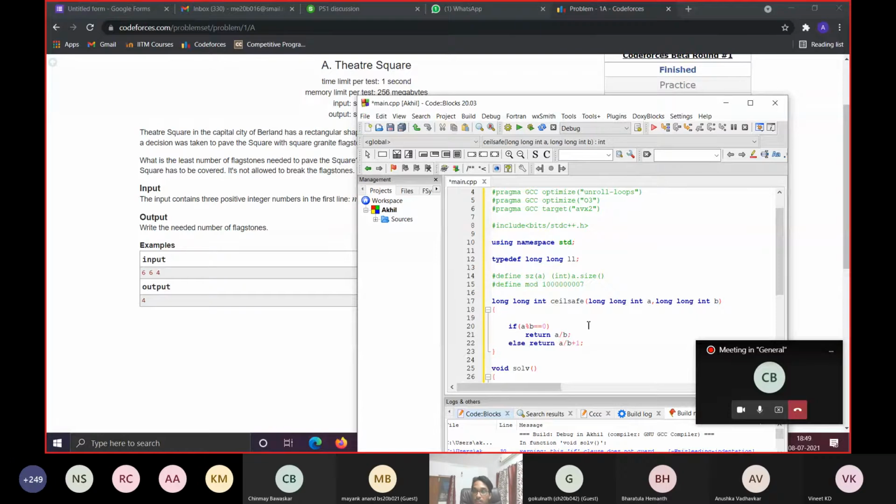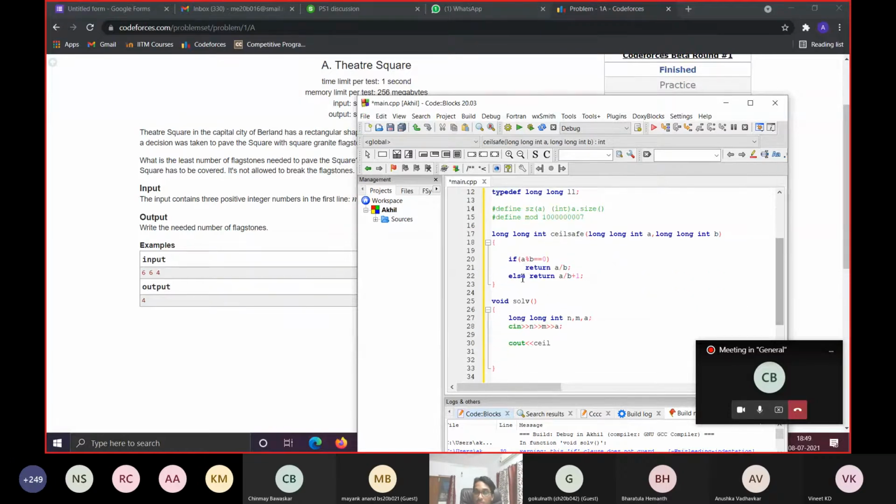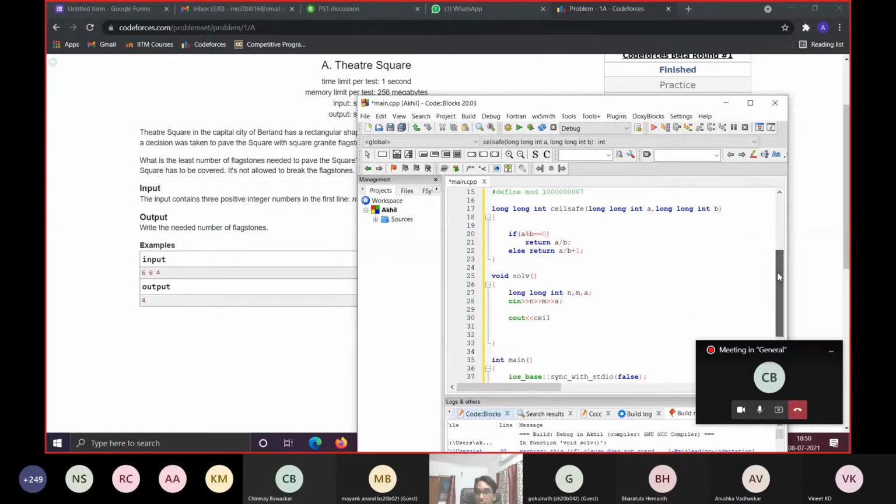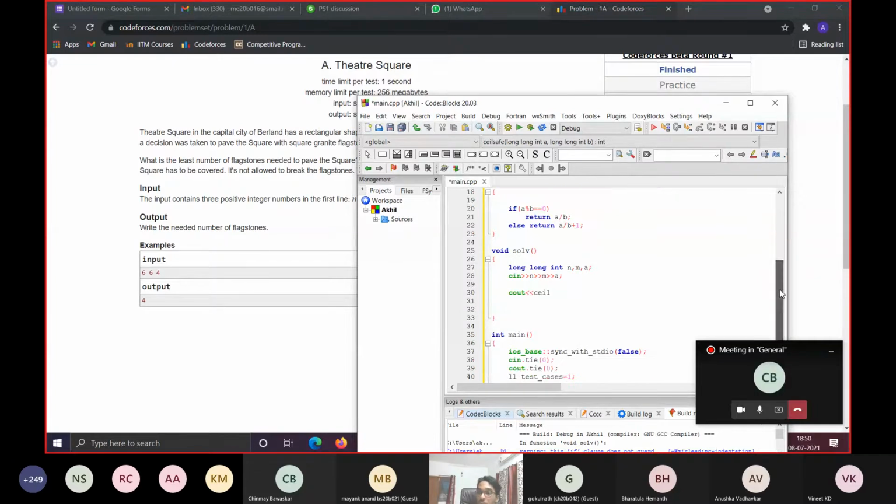Okay. So I hope you understand. Say if you give 4 and 2 as the input, so 4 is divisible by 2, so it will return 4 by 2, which is 2. Say you give 5, because you want to take integers. So 5 and 2, 5 is not divisible by 2. So a by b, 5 by 2 will print 2, and 2 plus 1 is 3. So basically the ceil of 5 by 2, which is ceil of 2.5, will give you 3 as well. So you can do that.